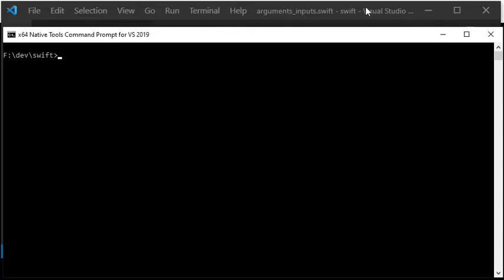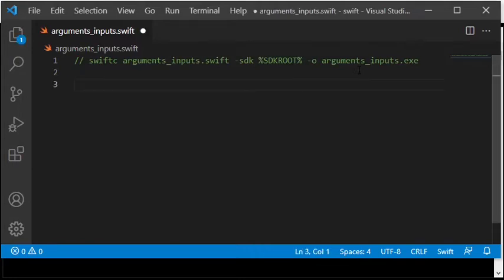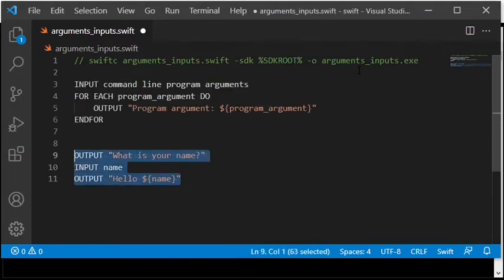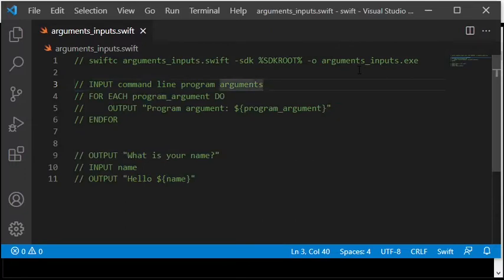The program will also ask the user to enter a name, and will then print to the screen what the user typed. For this purpose, I have prepared some pseudocode that I will paste into the program, but in comments, because of course it would not be possible to execute. Then I will modify the code by changing it to Swift code that can be executed.